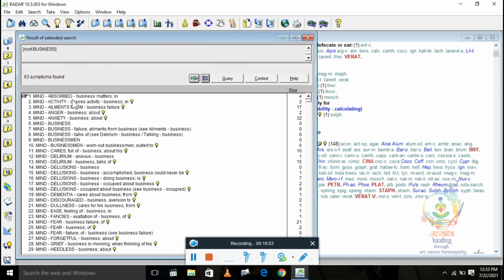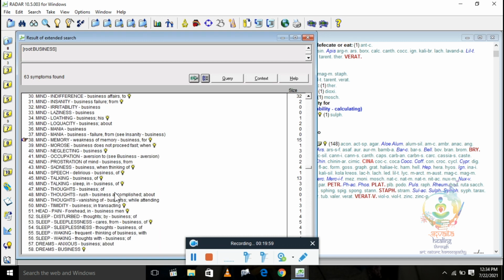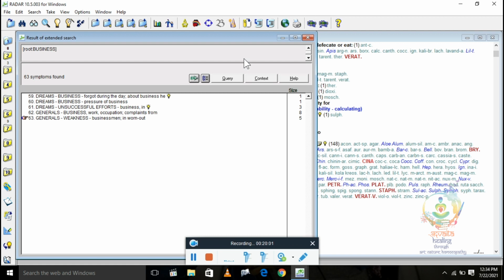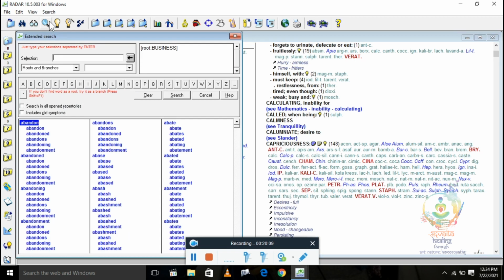See, all the rubrics with the word business will appear here. You just have to type the word business and it will search all the repertories and find the rubrics with the word business.